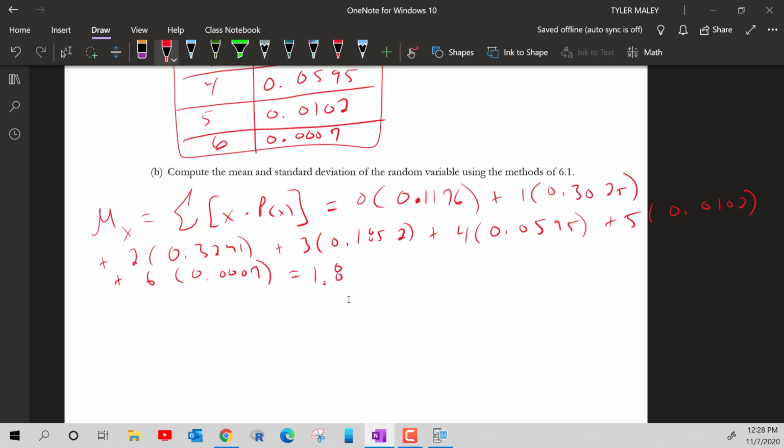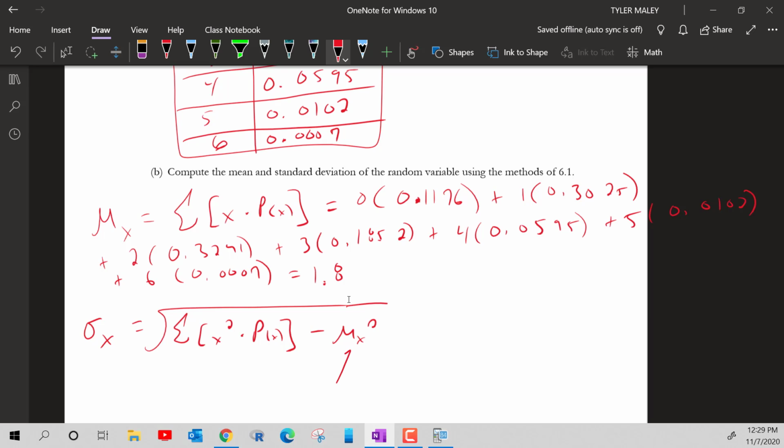So then the standard deviation, from section 6.1, if we have just a discrete probability distribution in general, is found by taking the square root of sigma x squared times p of x, and then you're going to minus the mean of x squared. So, using this equation,